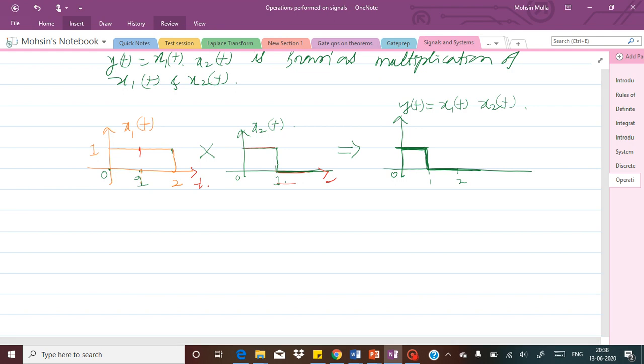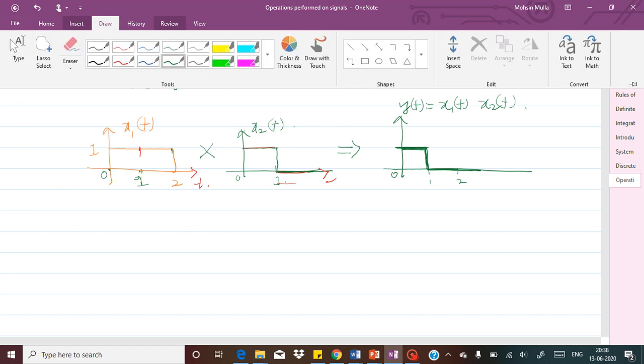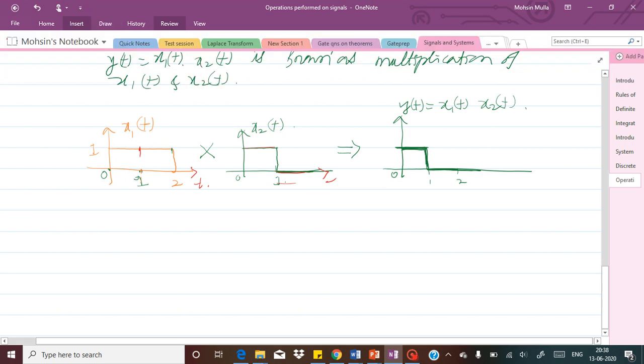Here the value is obtained by taking the product of the values of x1 of t and x2 of t for all time t. The value of y of t is obtained by taking the product of